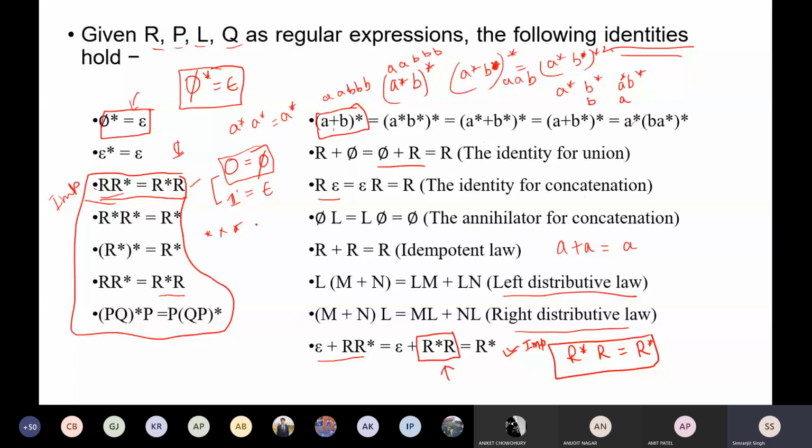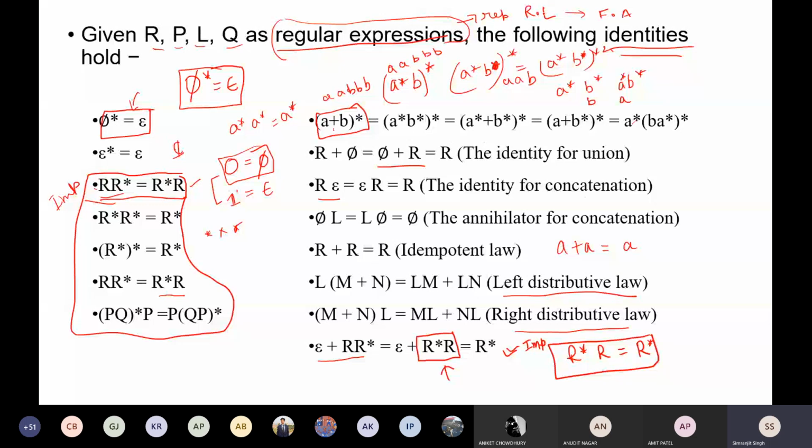These identities are only used to clean up your expressions. I have told you what a regular expression is, if you remember. If all the strings that are present inside a language are derived from it, then a particular regular expression is correct. This is just the definition. A regular expression is used to represent a regular language. Keep that in mind. So what is a regular language? Any language that is accepted by a finite automaton is called a regular language.